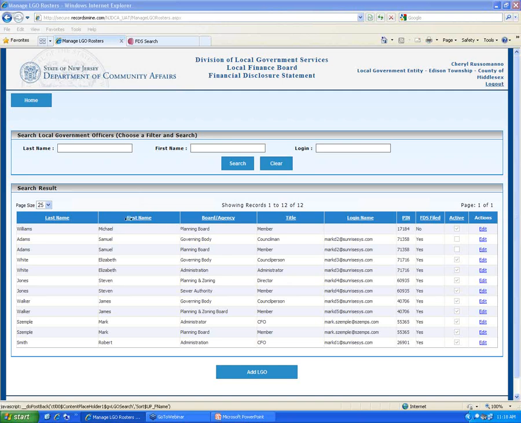Next question, when the LGO registers and includes an email, will the LGE have to access that email address? No, there's no reason for you to access the LGO's email address. And I want to add this: the email address is really a username, a login.